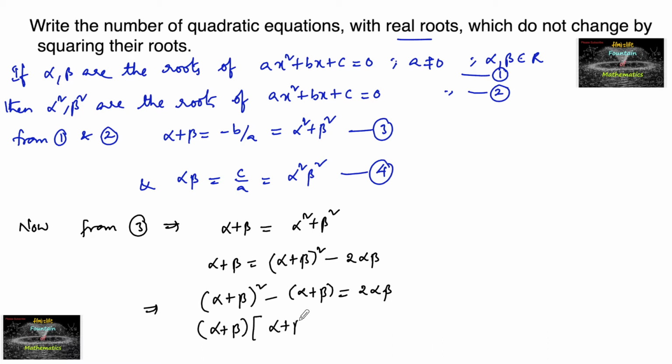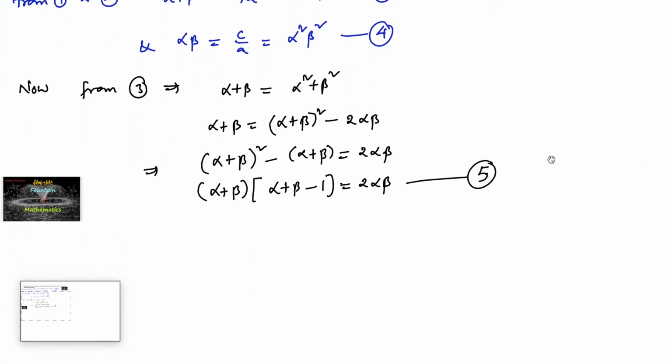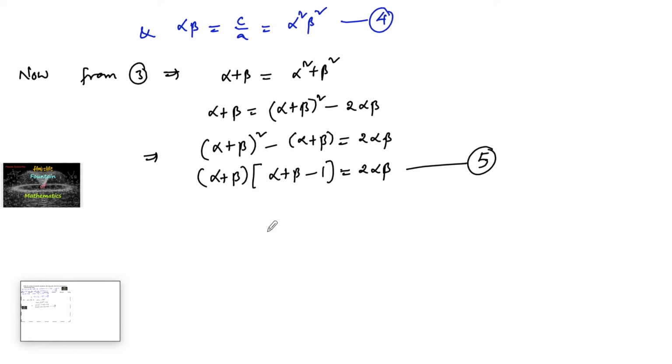So we have alpha plus beta into alpha plus beta minus 1, which is equal to 2 alpha beta. Let us consider this equation to be the fifth one. Say this is the fifth equation, and now from the fourth equation,